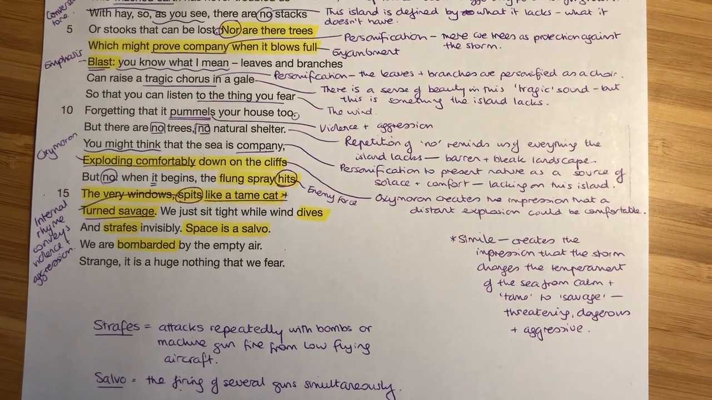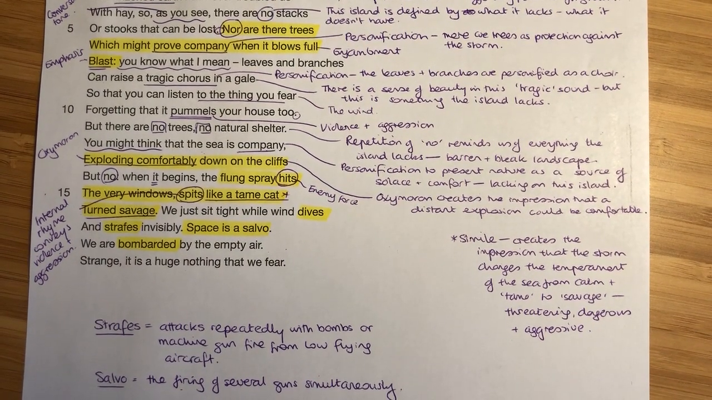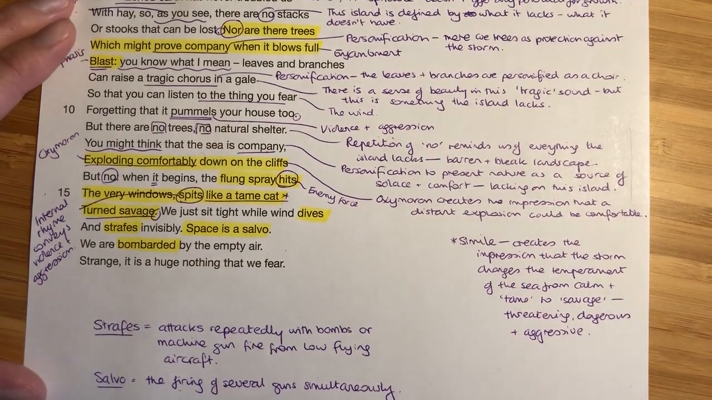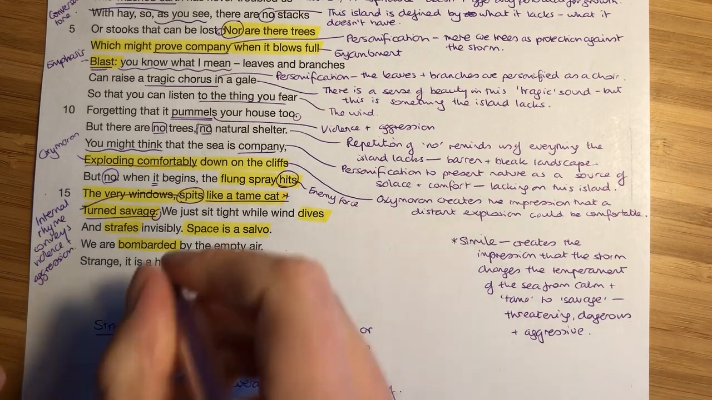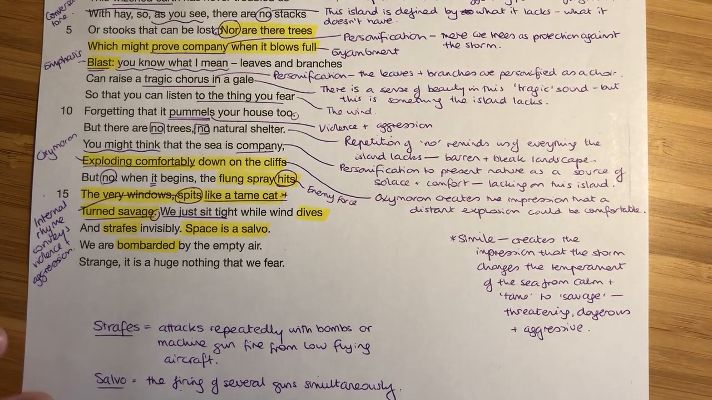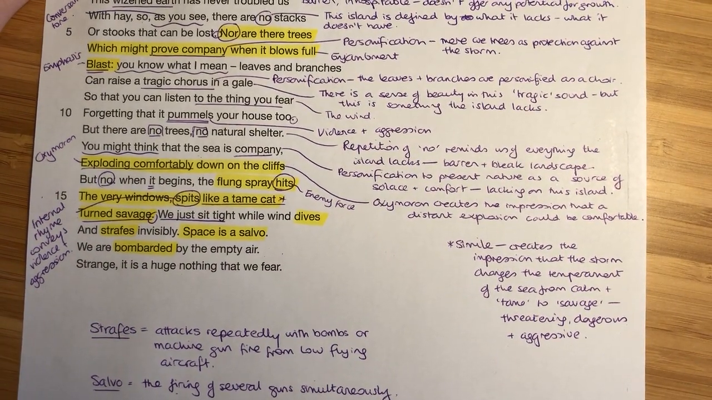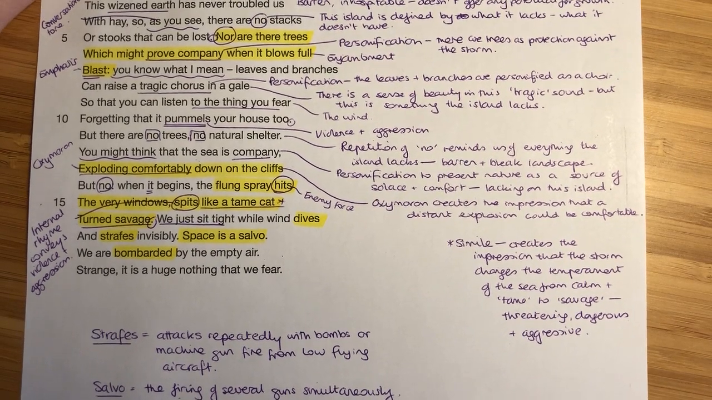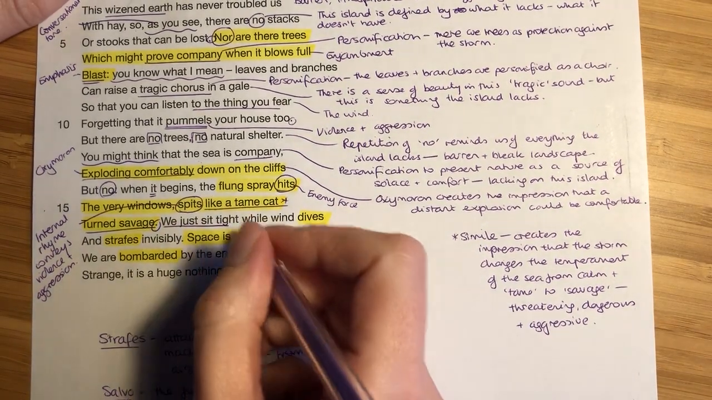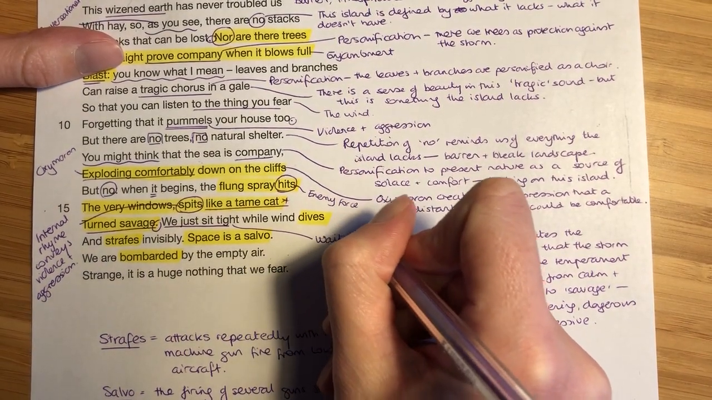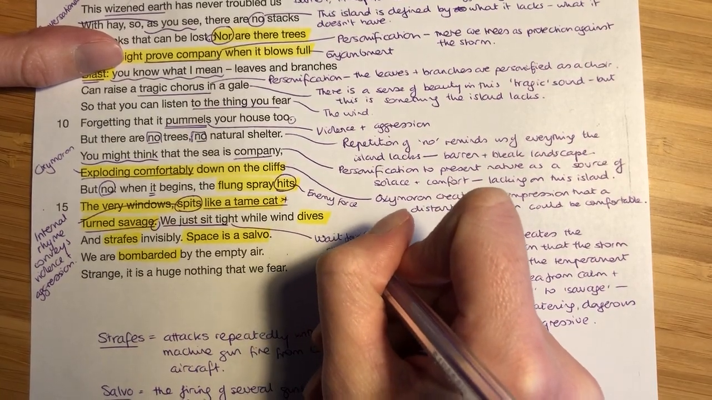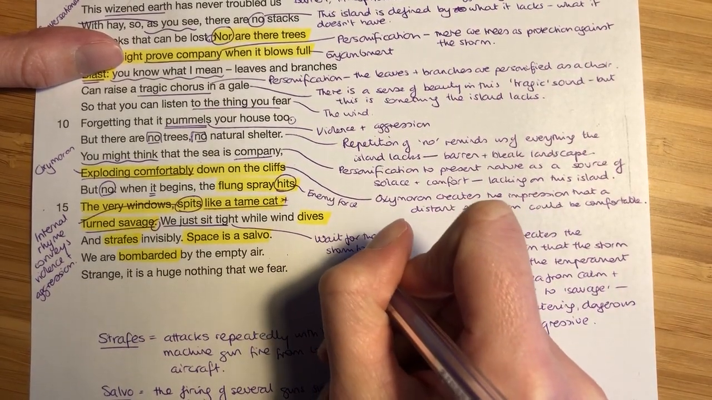We're nearly done. Spits like a tame cat turned savage. And we have, again, that caesura there representing the sort of conclusion of that idea, the end of that thought. And now Heaney shifts his focus back again to this community, to the people on the island. We just sit tight. So they're not trying to fight back, they're not trying to sort of protect themselves against this onslaught, this storm anymore. We just sit tight. All they can do is wait for the storm to pass. So they are vulnerable